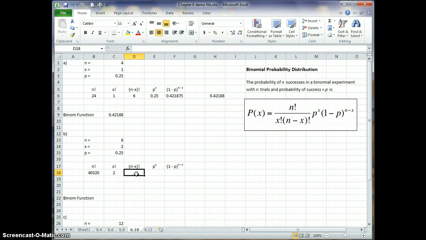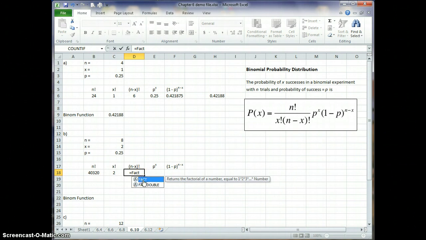And then we're going to go equal factorial, and in this case we're going to go n minus x, hit enter,